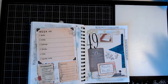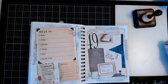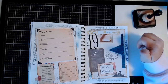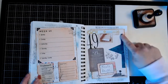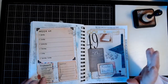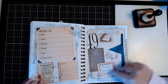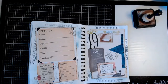But anyways, guys, this is week 49 of the Margarete Miller challenge. We did something that plugs into the wall, the AccuQuote, the new one that I just got. Yay! I love it. Something aqua. We took some aqua fabric for the bowl things that I made for my sister. Something written in your non-dominant hand: Moulin Rouge, because we can. Something written in your, oh, we did that. A label, so we wrote on the label. And we did some rubber stamping and a coupon. I put one of those coupons there. So not a bad week at all. The coupon kind of threw me off a little bit, but other than that,